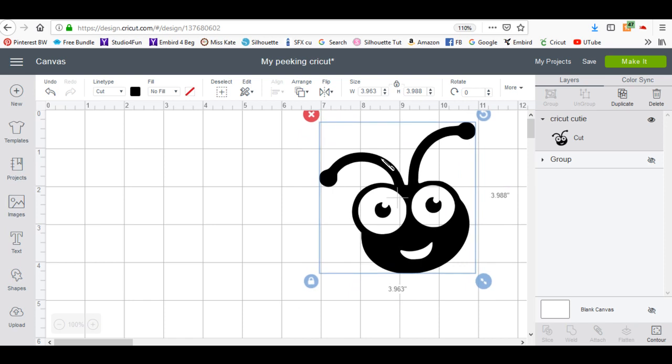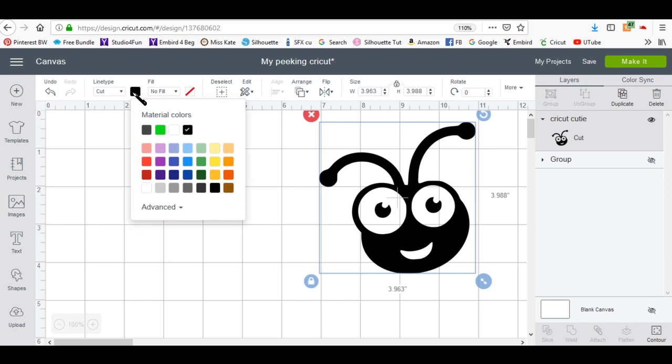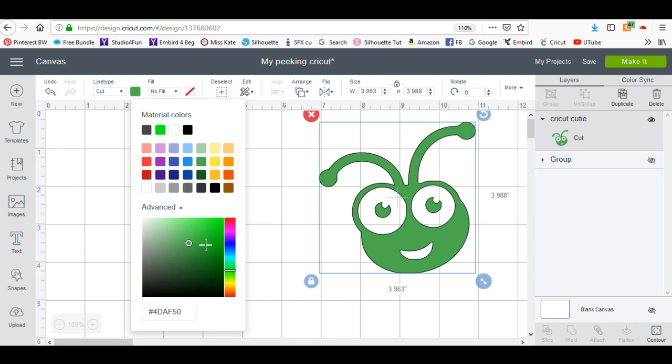And obviously I don't want him this color, so I'm going to click on the black square up at the top. And if you click on the green option that we have available, go down to Advanced,